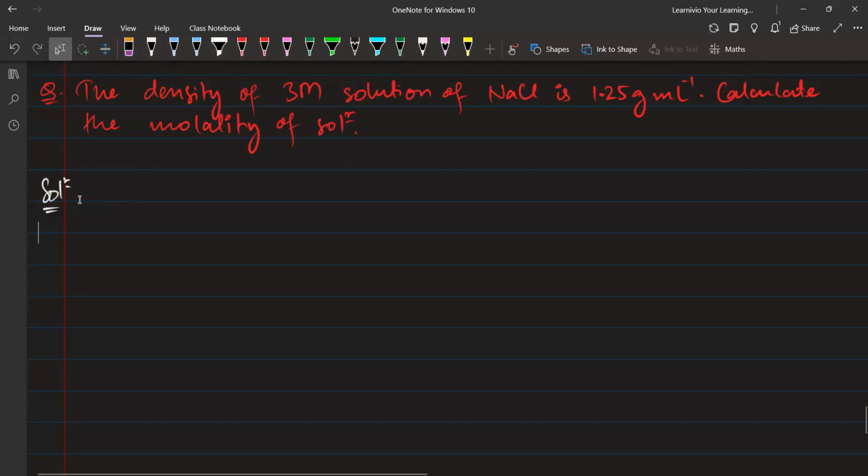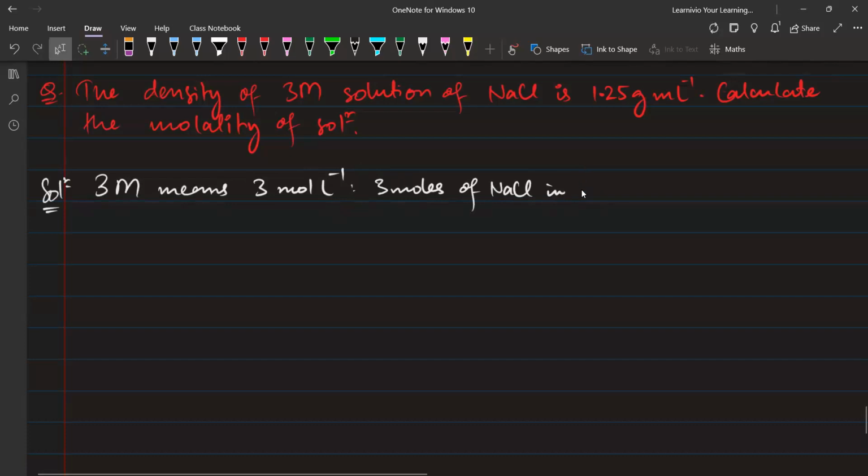Tell me, if I have 3 capital M, it means 3 moles per what? Per liter. Capital M, so per liter. This would mean 3 moles of NaCl in 1000 ml of solution. Correct till here? Yes or no? Yes sir. Let's move on to the next thing, please listen carefully. Now I can say that